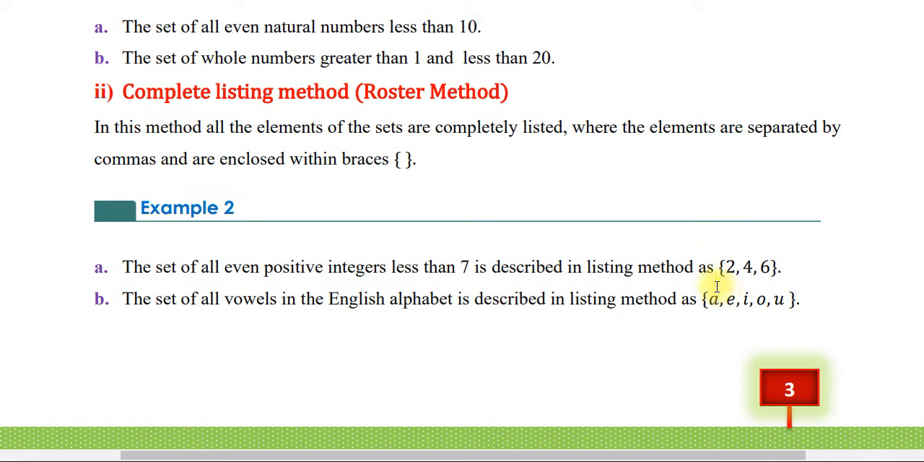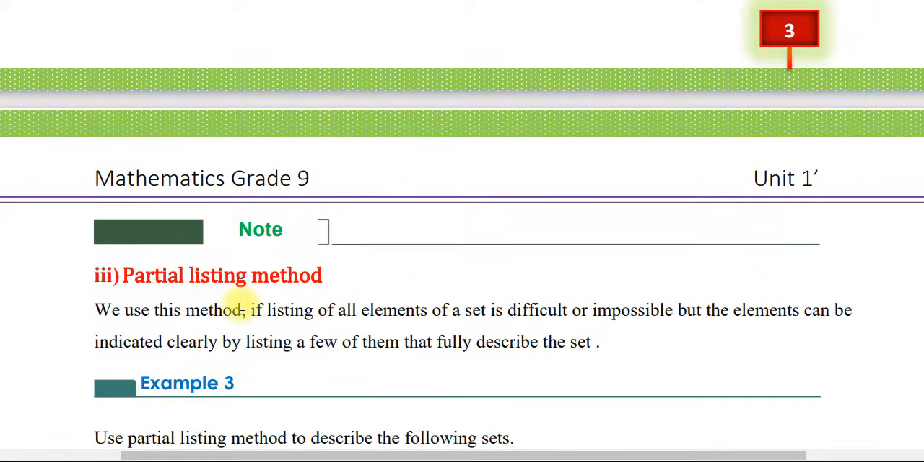okay let us see an example 2 A the set of all even positive integer less than 7 is described in a listing method as 2, 4, 6 እንደምታዩት እዚህ ላይ ብራስ ተጠቅመናል ኮማ ተጠቅመናል ከሰባት የሚያንሱ ፖዚቲቭ ኢቨን ኢንቲጀሮች 2 4 እና 6 ናቸው ሁሉንም ዘርዘርናቸው ስለዚህ ኮምፕሌት ሊስቲንግ ሜተድ ነው ማለት ነው B the set of all vowels in English alphabet is described in the listing method as ብራስ እንጠቀማለን A, E, I, O, U ስለዚህ አምስቱንም ሊስት አደረግናቸው ማለት ነው this method is known as complete listing method እንለዋለን ማለት ነው